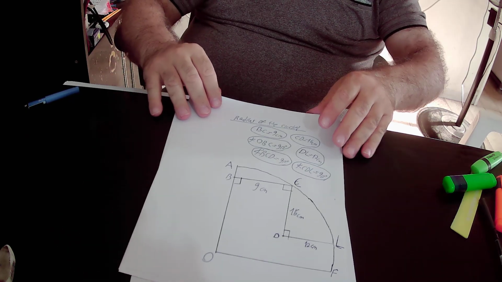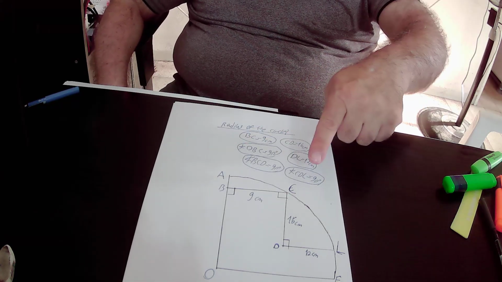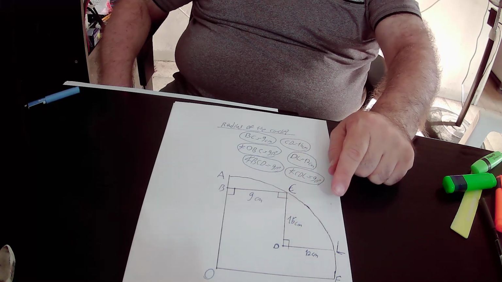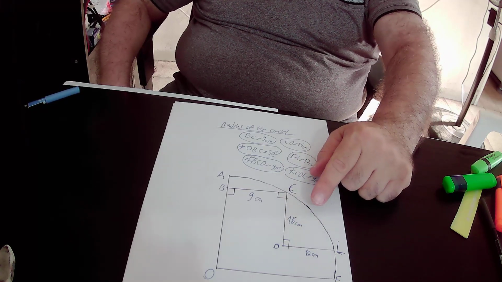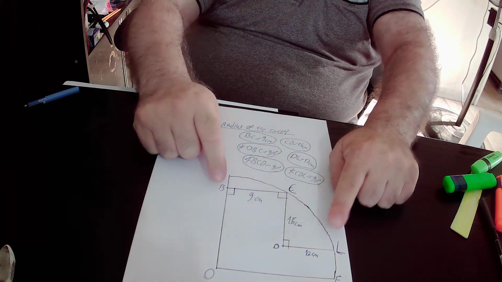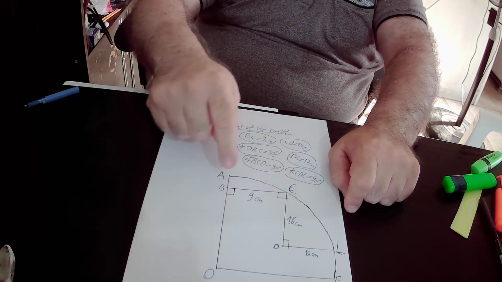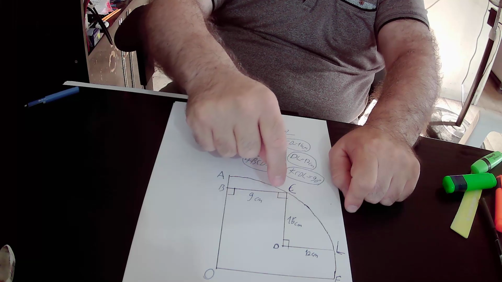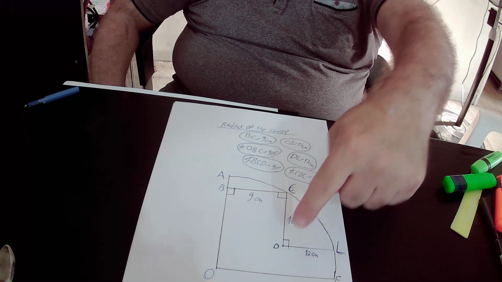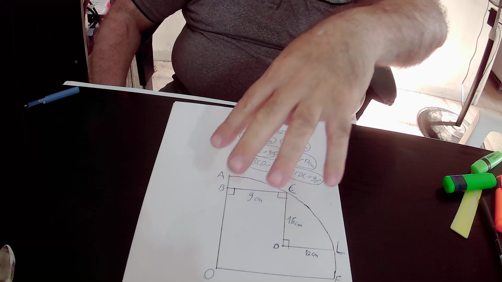In the drawing we have a quarter circle. Line segment BC equals 9 units, line segment CD equals 16 units, and line segment DL equals 12 units. Angle CBO equals 90 degrees, angle BCD equals 90 degrees, and angle CDL is also equal to 90 degrees, and our mission is to find out the radius of this quarter